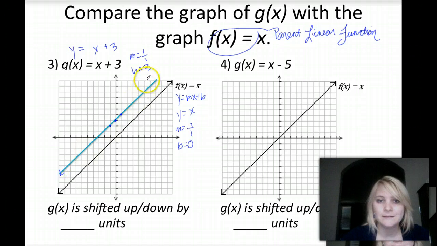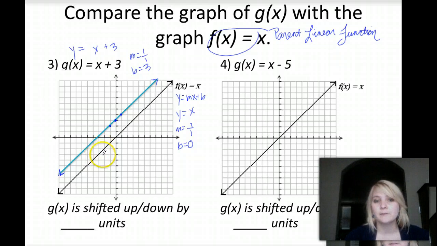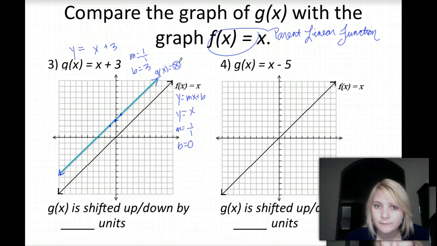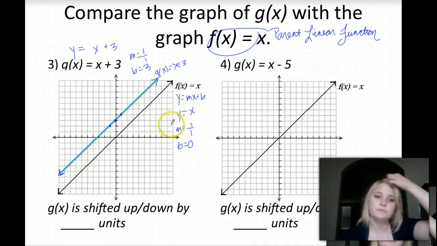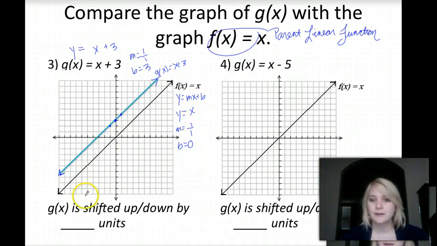Fully extend to the parameters of the graph, draw arrows at the end. So that is our function g of x equals x plus 3. Now we're going to compare that blue line, g of x equals x plus 3, to f of x equals x. If we take a look at the blue line compared to the black line, g of x is shifted, so we've shifted that entire line up by, and we can take a look at the origin,